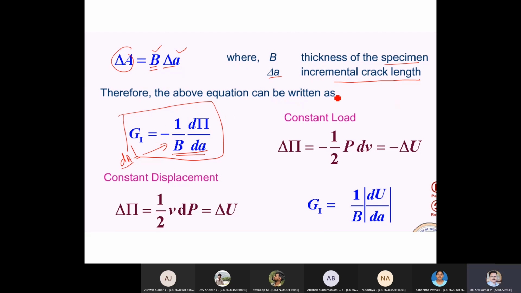Already we have seen two cases, isn't it? One is the constant load case, another one is the constant displacement case. There we found, what is d pi? Half into